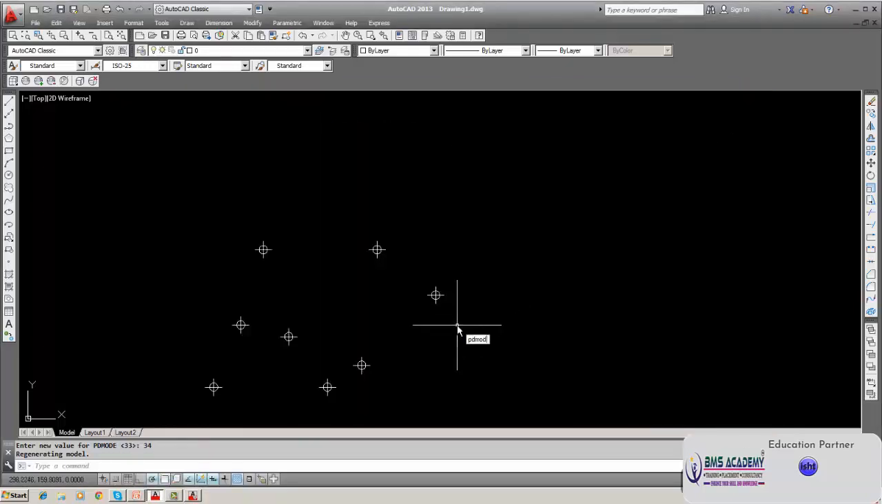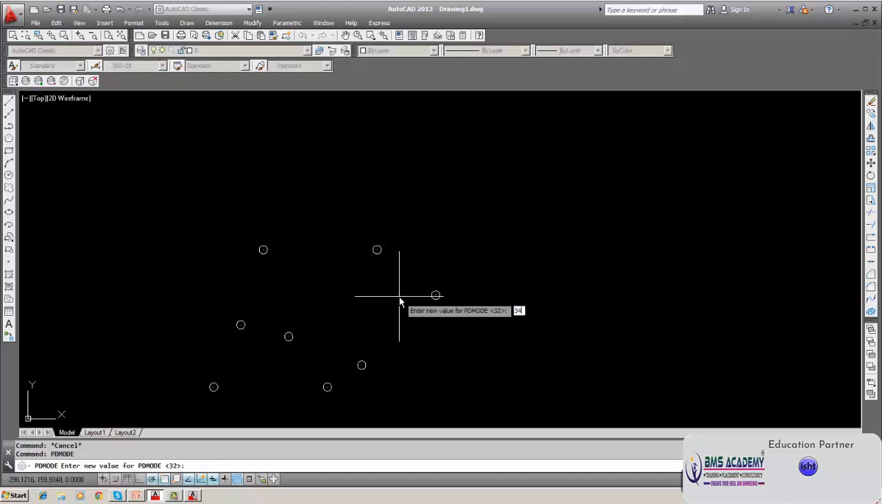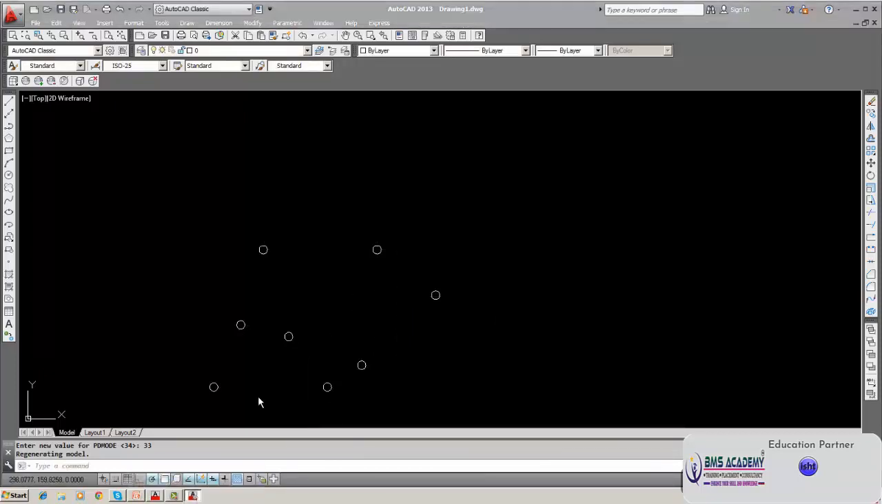Suppose PD mode 32 if I select a point inside, we can see here a point inside. If I select PD mode 34, just a plus at the center. If I select PD mode 33, nothing is inside, just a circle. Similarly, if I select